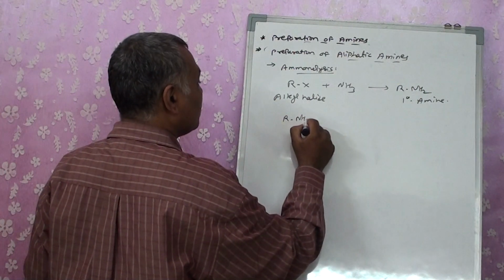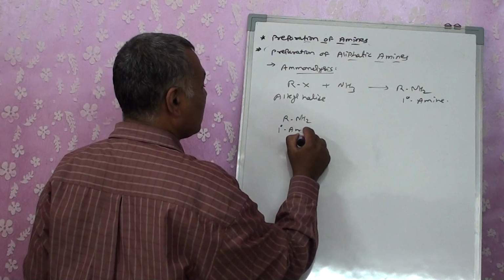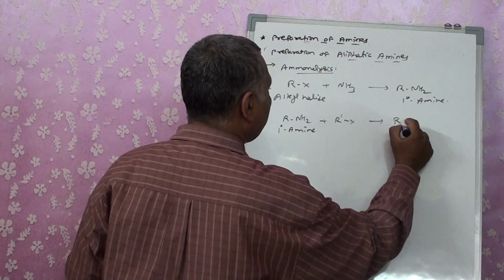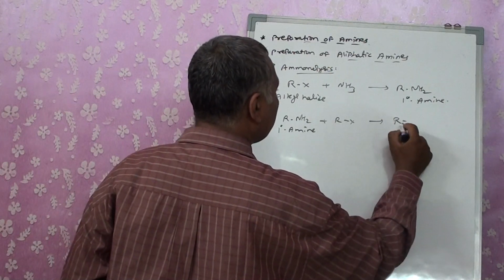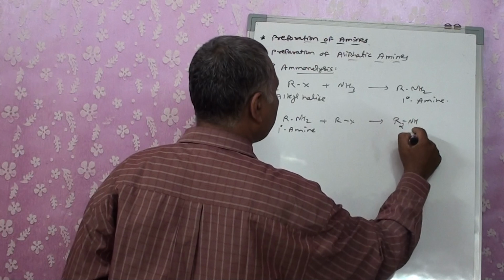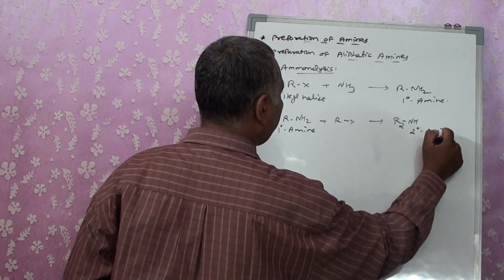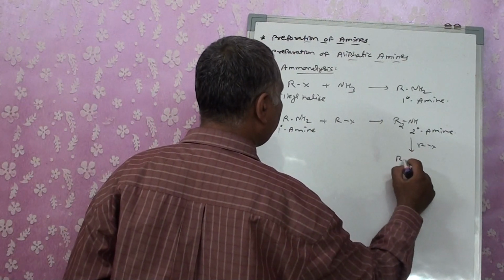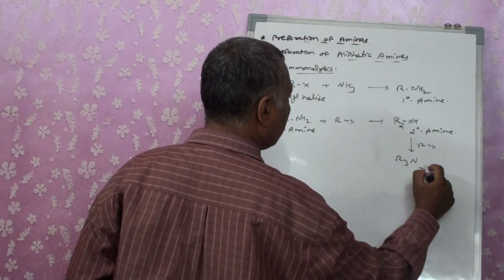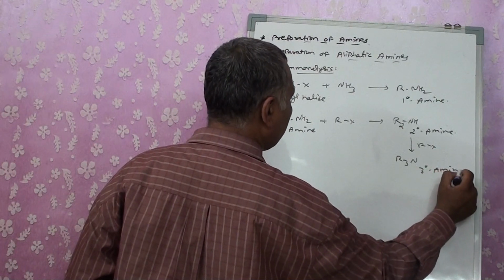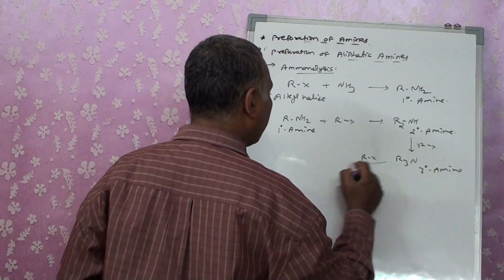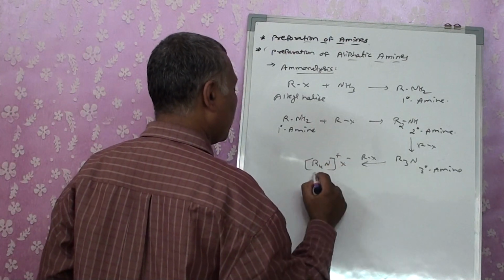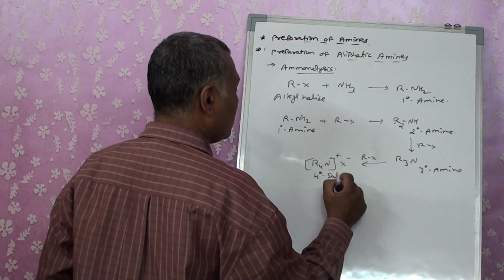This primary amine reacts with another RX and gets converted into R2NH, a secondary amine. This further reacts with RX to produce R3N, a tertiary amine, which further reacts with RX to produce R4N+ X-, a quaternary salt of